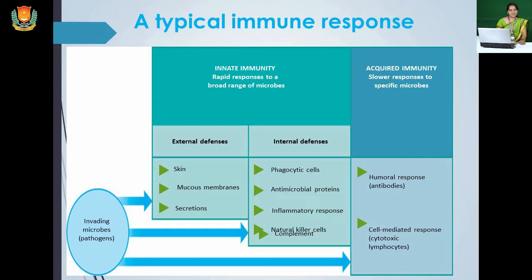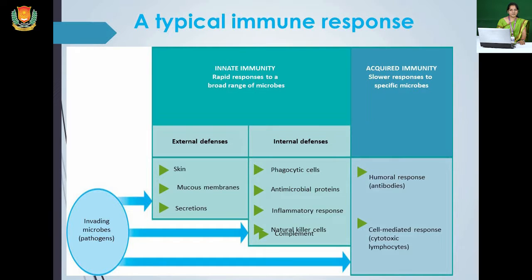It is a generalized immunity for every pathogen. This immunity has 2 types: external defense and internal defense. External defense includes skin, mucous membrane, and secretions, and internal defense includes phagocytic cells, antimicrobial proteins, inflammatory response, and natural